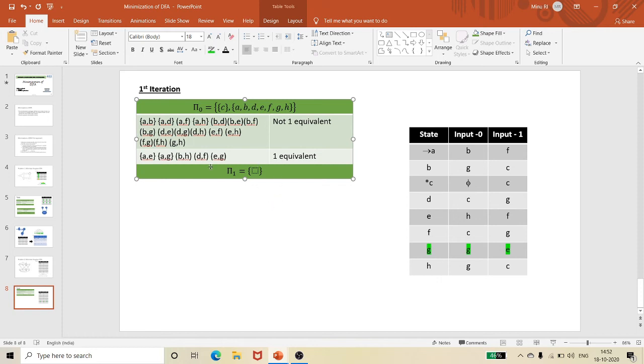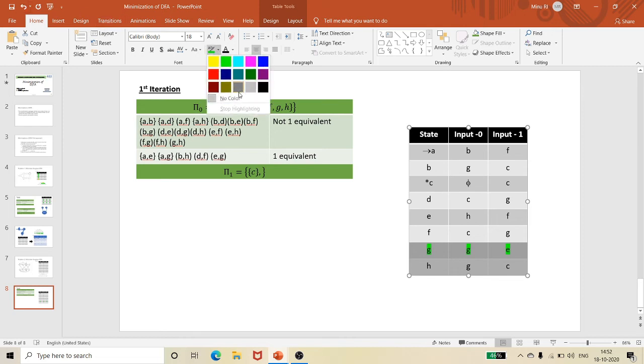Now these are all equivalent. Which are all equivalent? A with E, G; B with H; D and F; and E and G. While I am writing the answer, I know very well that C is a single element, it is equivalent. I can't simply write A, E and all. If it is possible, I need to combine some sets. So here A, E, G. Let me check with A, then E. Already A and E are equivalent, and A, G. Let me check with G also and see whether it is equivalent.